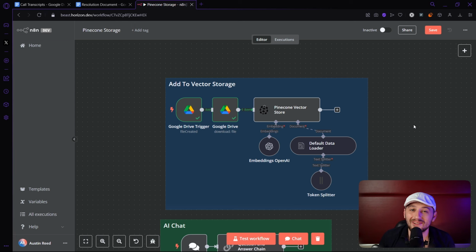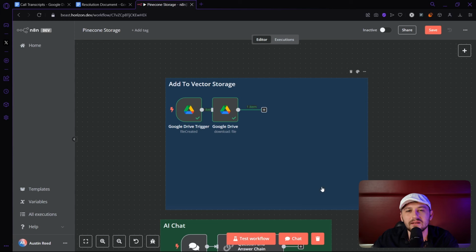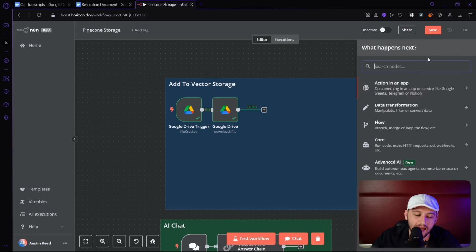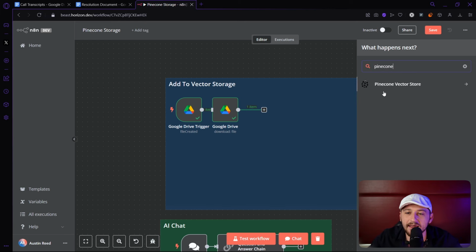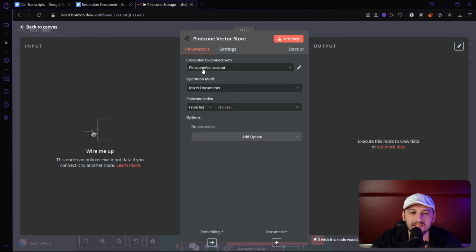All right, now that we've downloaded the file, it's time to upload it into the AI's memory, aka the vector storage. In order to explain this, I'm going to delete this entire part of the workflow because it's a little bit easier to explain one piece at a time. Here on the right, let's add a node. Type in Pinecone, add the Pinecone vector store. We're going to select add documents to vector store. Then we select the Pinecone API account that we connected earlier. We're going to go insert documents, and for the Pinecone index, we're going to grab the vector store that we created